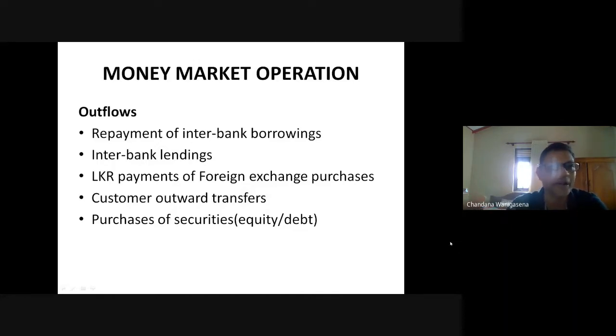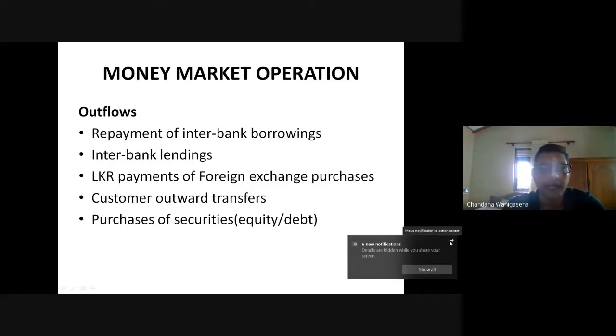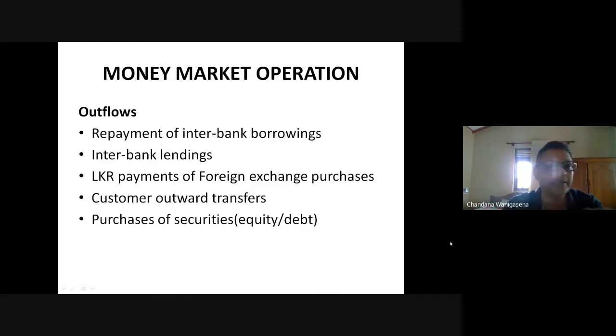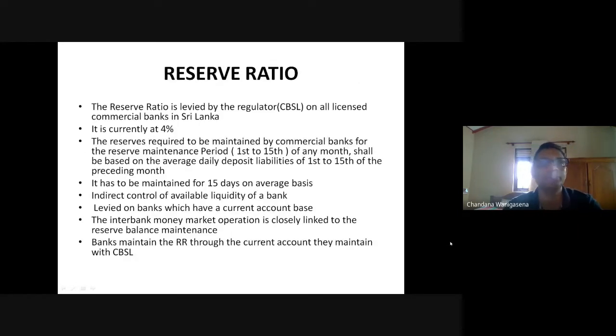So we need to predict how much payment we expect from our customers, from loans, and how much will be customer inwards and outwards, maybe purchase of securities and things like that. Those are situations where we can have some kind of idea. But on a day-to-day basis, transactions happen. We need to have a thorough idea, using our data, to accurately predict our inflows and outflows. Only then can we manage our cash flows within ourselves. Otherwise, we can easily get into trouble.